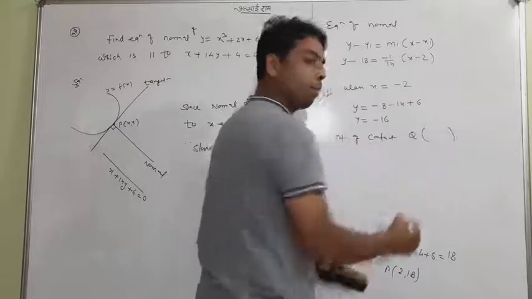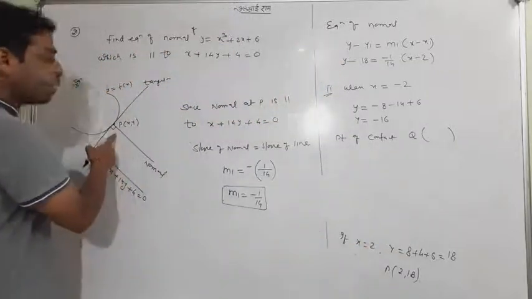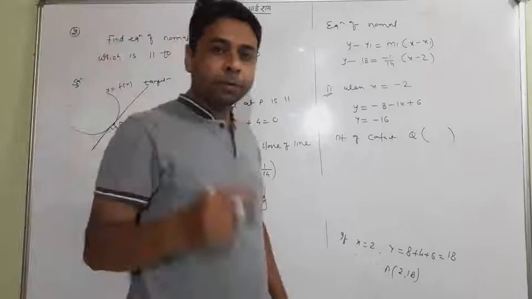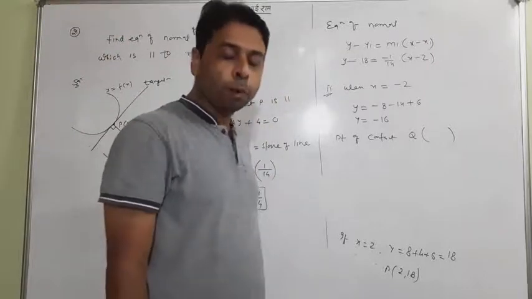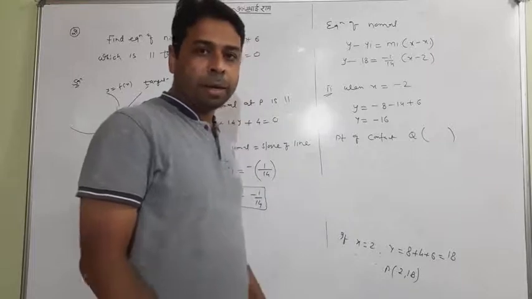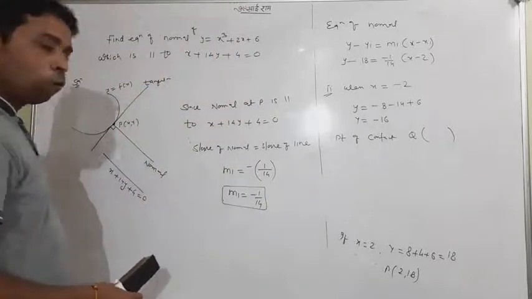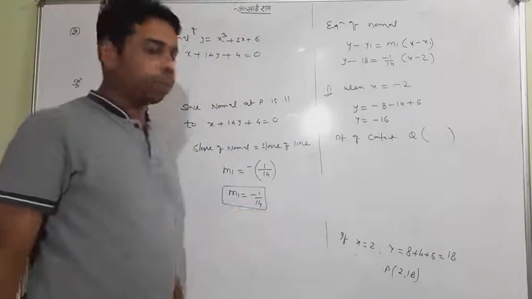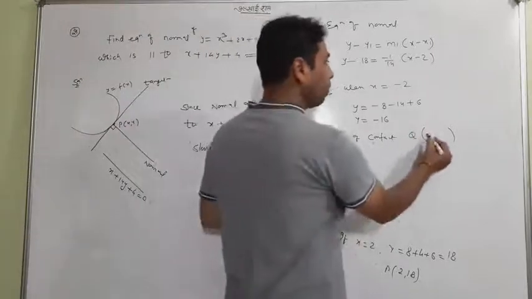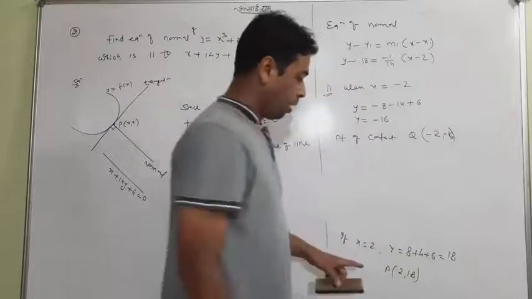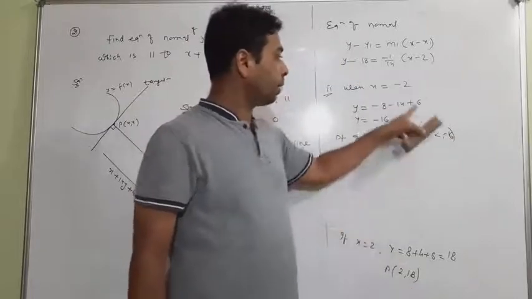After finding 16, the second point of contact will be, please change the name, because I only located P because it was a rough structure, but you know that we accidentally got two points of contact. Maybe the curve fluctuates more, so that is possible. Then we can say the second point of contact is Q, which is (-2, -16). It was (2, 18), it is (-2, -16).